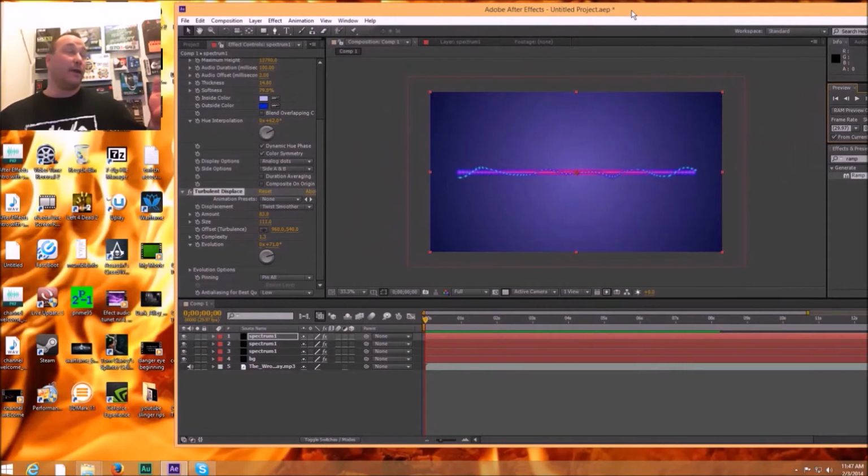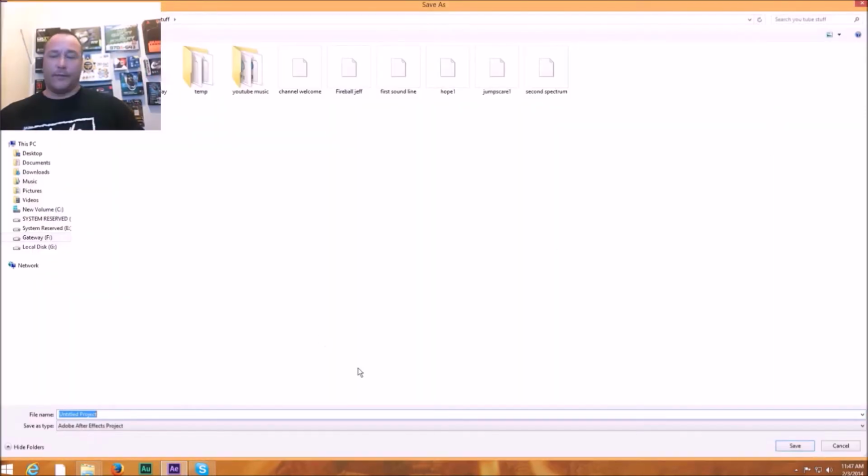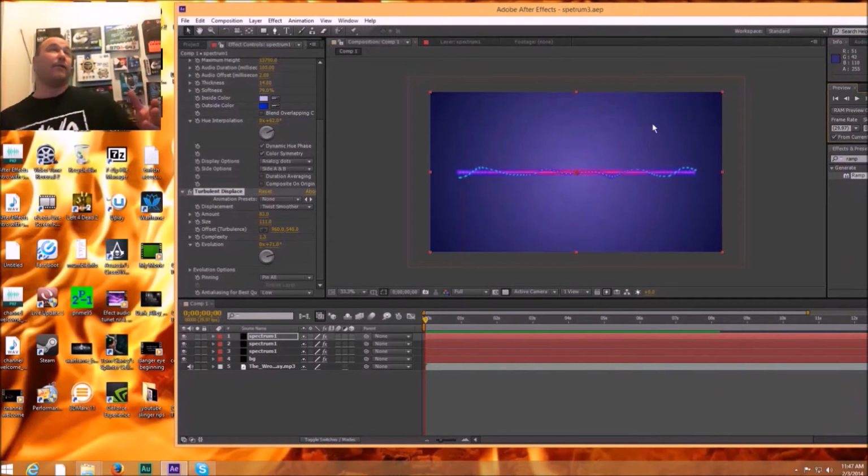What you're going to want to do, like I said, I always save these, so I'm actually going to go into File, and then I'm going to hit Save As. I'm going to type in for today's Spectrum 3, oh, two M's on there, great keyboard, and then hit Enter. It saves a project so that, you know, if anybody ever does want this particular project that I made,